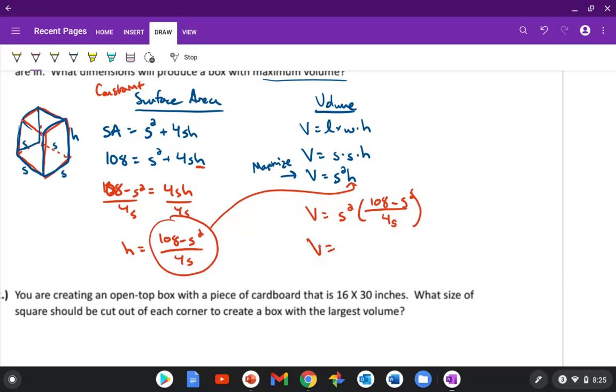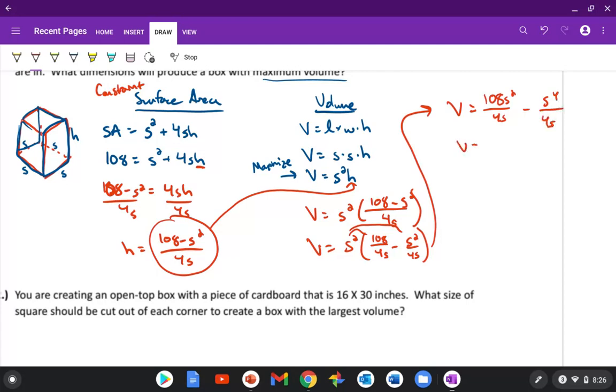So if I just distributed this in, I'm going to look at this as s squared times 108 over 4s minus s squared over 4s. So we can break apart that fraction so long as we just keep the 4s on both of them. So then when we distribute through and simplify this a bit, v would be 108 s squared over 4s minus s to the fourth over 4s, and then reduce those, we get